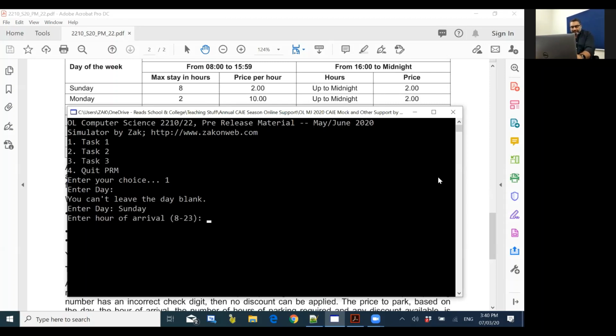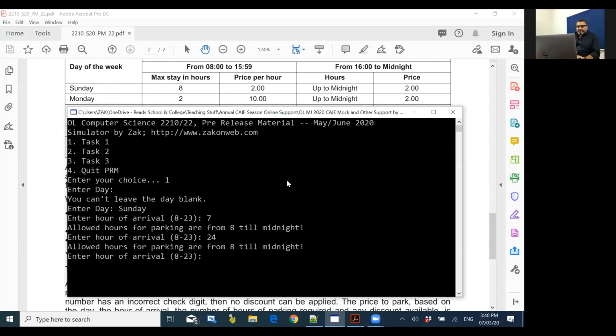Sunday. Now we have to tell what the hour of arrival is. Meaning, is it between 8 and 15:59 or between 16 and midnight? So if someone says 7, we know that after midnight until 8 it is not allowed. So we have this check in place already, or if we arrive at midnight, it would not be allowed as well. So let's say if it is Sunday, then we have to check if it is allowed for maximum more than 8 hours if we enter, let's say,